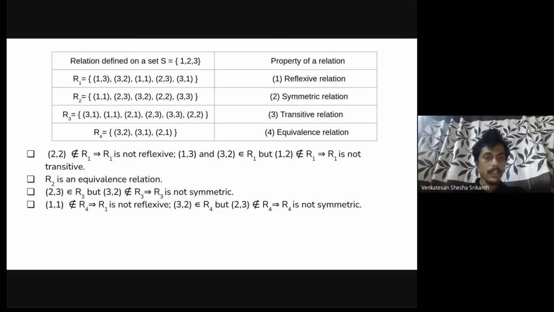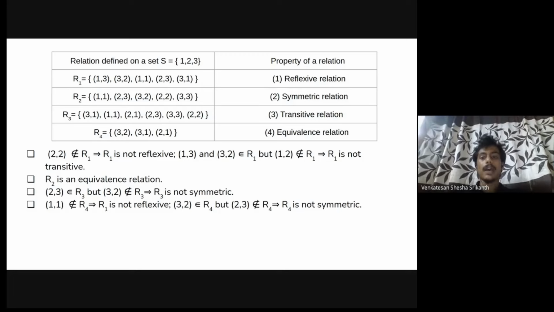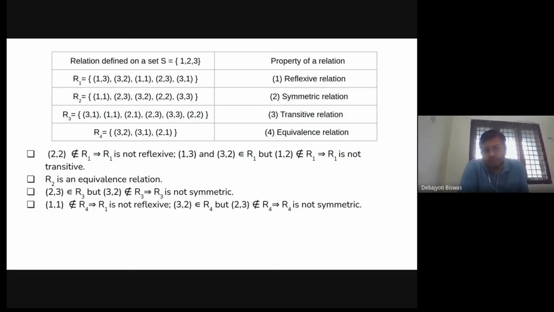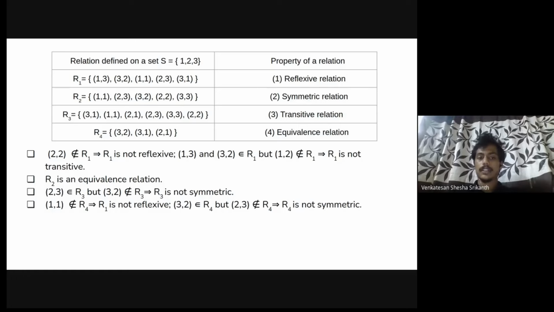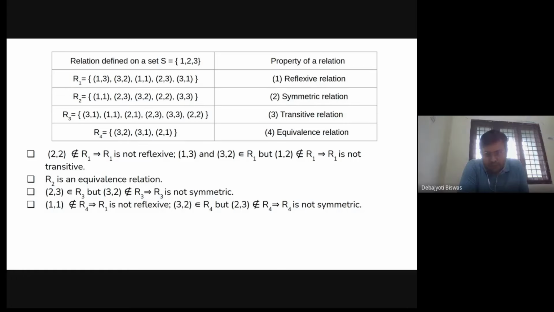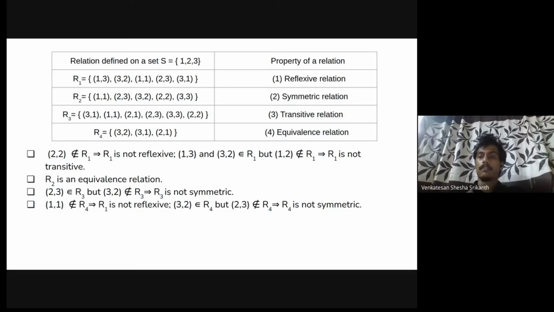As we have seen now, my R1 maps to the symmetric relation, and R2 maps to 1, 2, 3, 4. R3 is mapping to 1 and 3, and R4 is mapping to 3, right? So this is also one type of relation which we can observe.